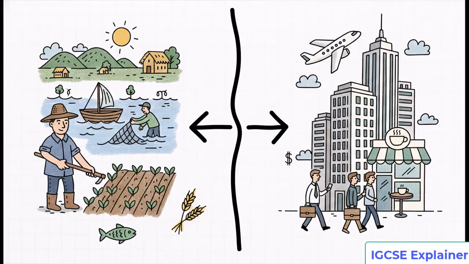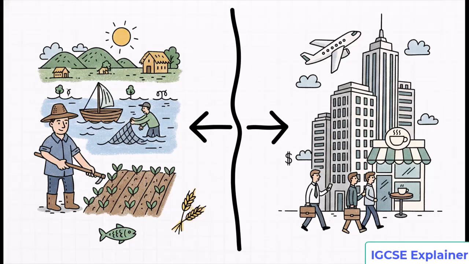When you look at the global data, a super clear pattern pops up. Developing nations often lean heavily on the primary sector, like farming. And why is that? Well, when average incomes are lower, a huge portion of the workforce just has to focus on basic survival and raw material production. There simply isn't a lot of disposable income lying around to fuel demand for tertiary services like travel or insurance. On the flip side, developed countries are usually dominated by the tertiary sector. Just to put that into perspective, in the UK, a staggering 75% of the workforce is employed in services.